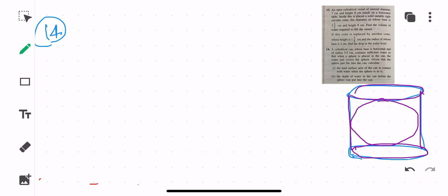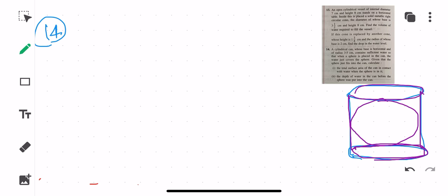So what you can be finding out is, where are these touching? This is actually touching the base. So they have not said that the sphere is completely up to the height of this particular can. They have not said like this, children. But then what will the surface area be all about? It will contain the base area, that is pi r square, because that is what is touching, and the 2 pi rh is for the curved surface area. So this is what your answer is going to be like.